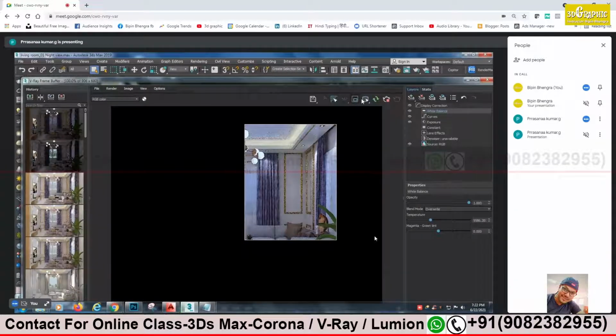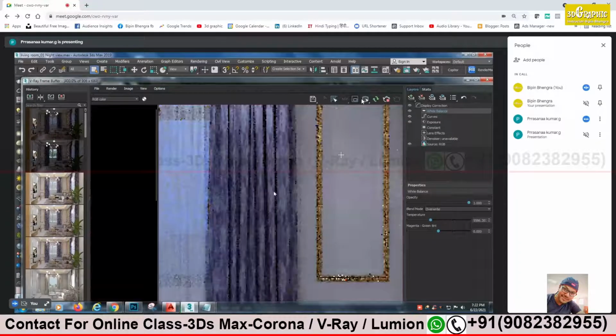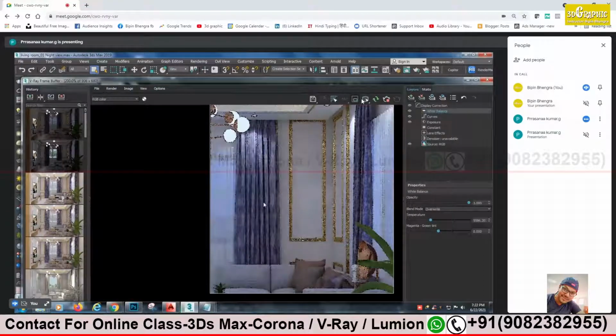Can you zoom a bit near the curtain? Just want to see the intensity.